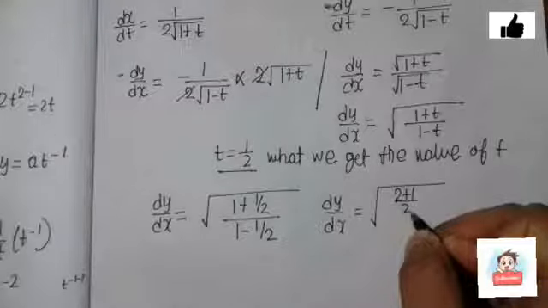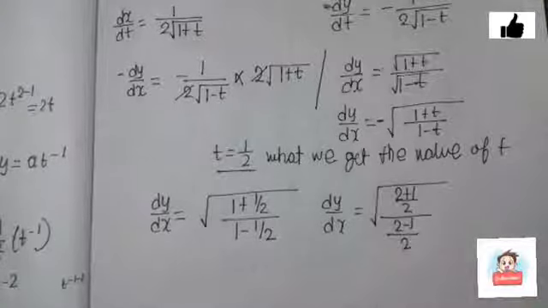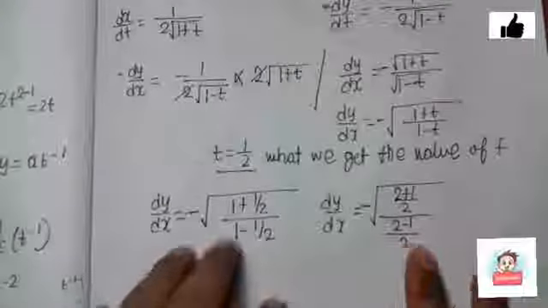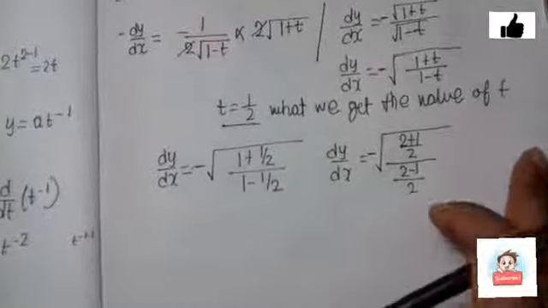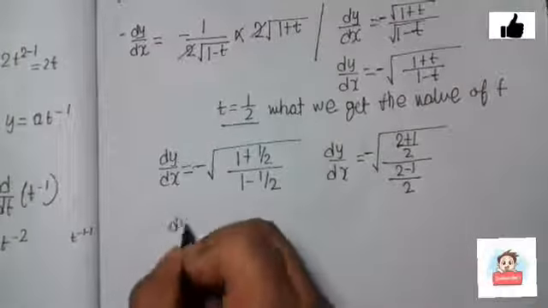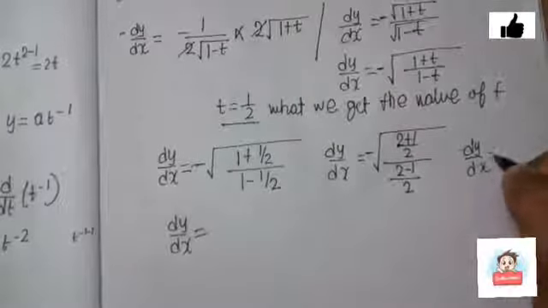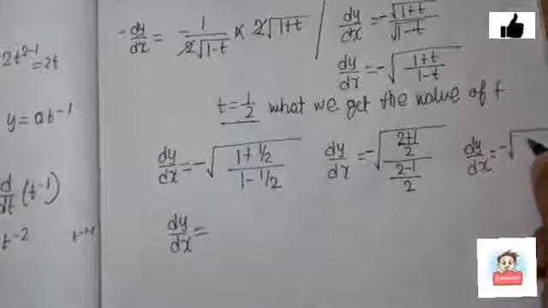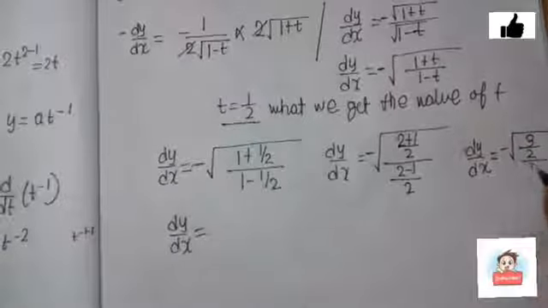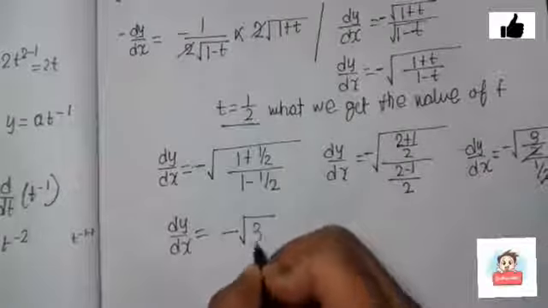Okay, and never forget the minus sign, I forgot that we need to put the minus sign too. So minus of this. This mistake is made by many people, so you need to be very clear while doing the sum. Dy by dx equals to minus root over of 3 by 2 and 1 by 2. As 2 gets cancelled, the answer comes to minus root over of 3.